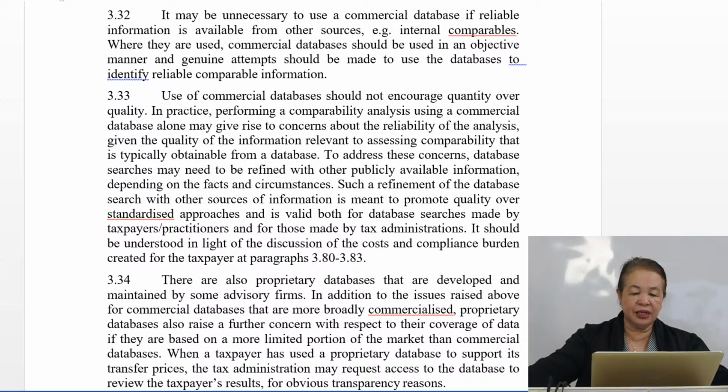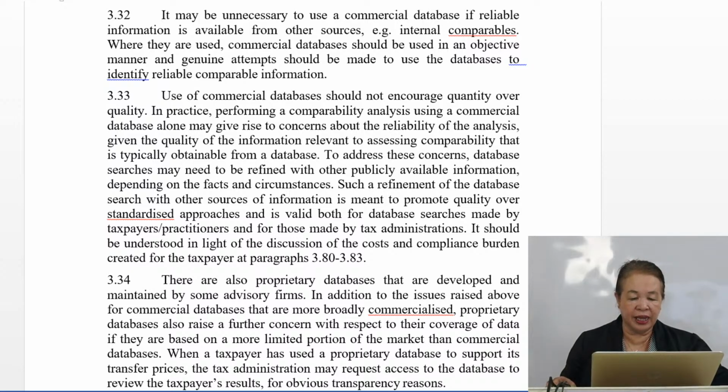No? So to address these concerns, database searches may need to be refined with other publicly available information, depending on the facts and circumstances. No? Such a refinement of the database search with other sources of information is meant to promote quality over standardized approaches and is valid both for database searches made by taxpayers, practitioners, and for those made by tax administrations. So it should be understood in light of the discussion of the cost and compliance burden created for the taxpayers at paragraph 3.80